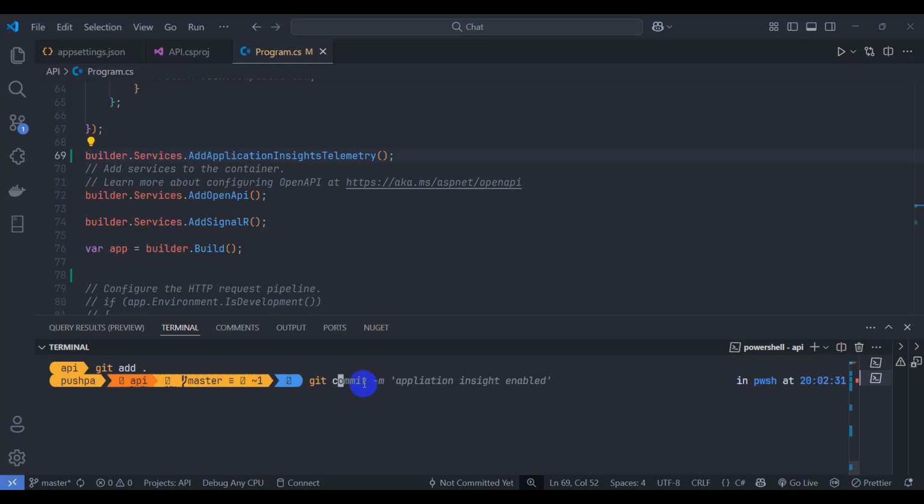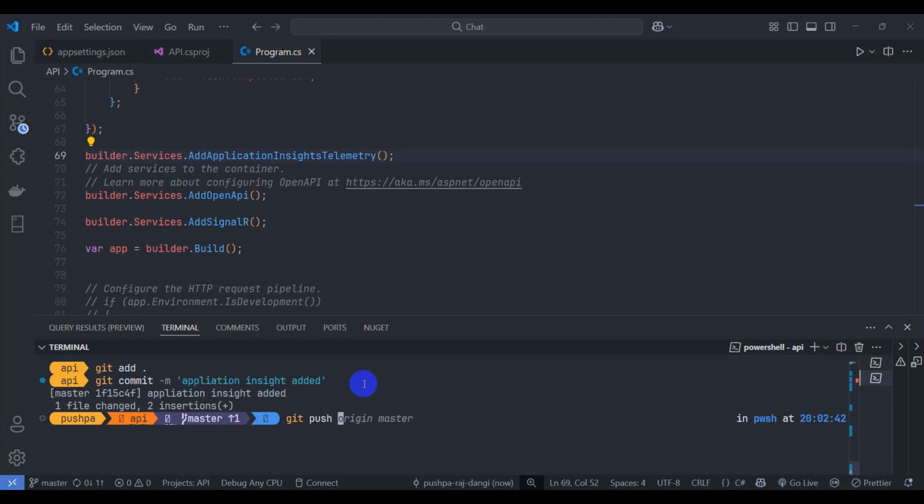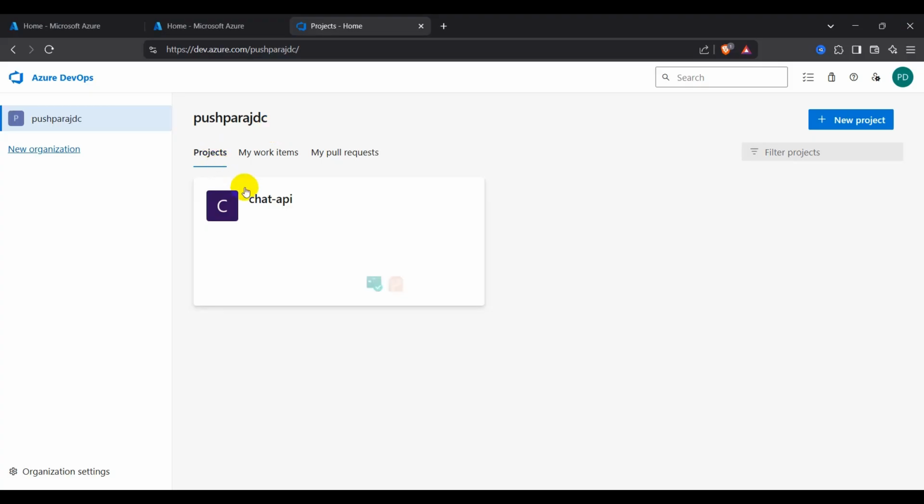git add, git commit, application inside edit. Let's push in our master branch. Let's go to dev.azure and let's click chat API